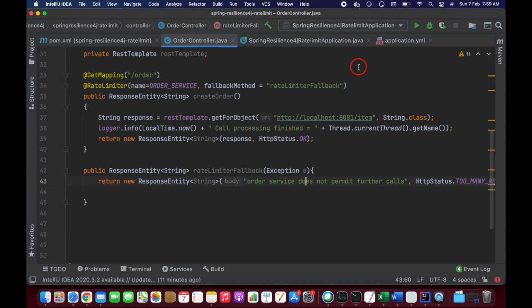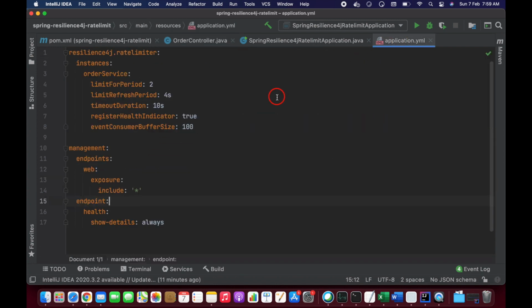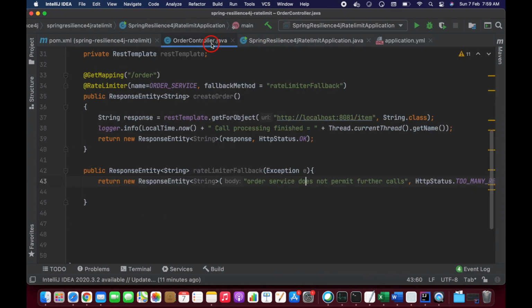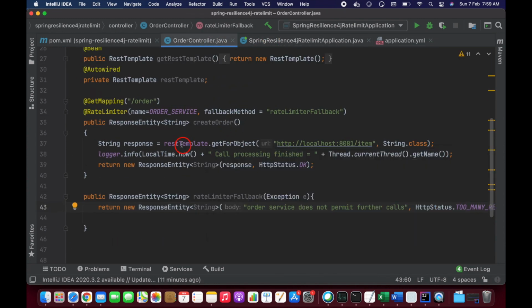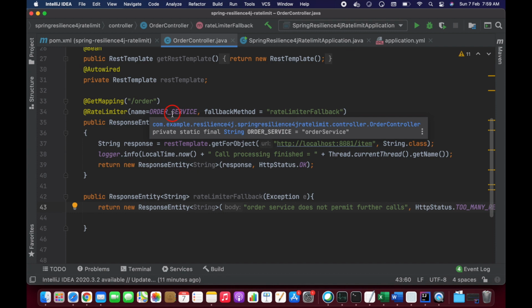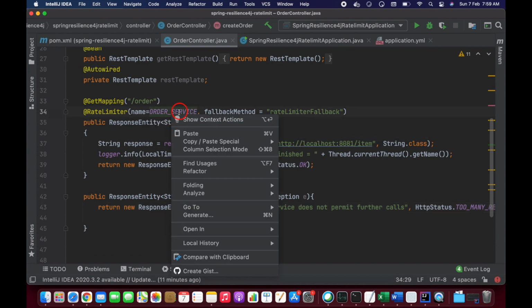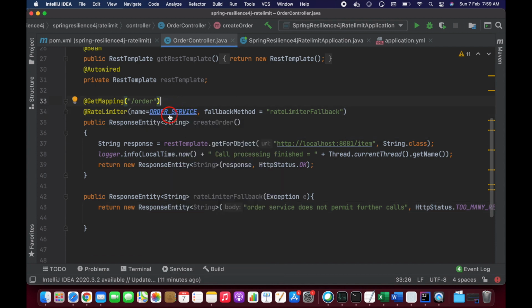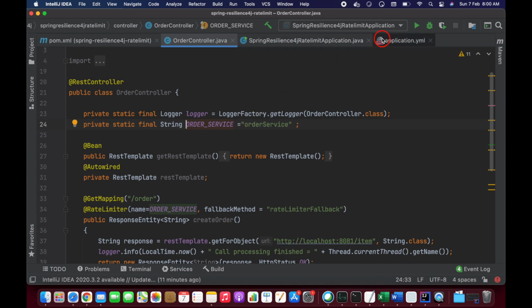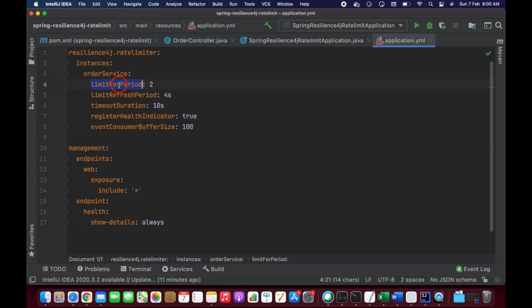Okay, so that's it. So if we come to the application.yml file, here we need to provide Resilience4j rate limiter configurations. So this order service name should match your order service name, this name. And after that, we have provided limit for period and limit refresh period.